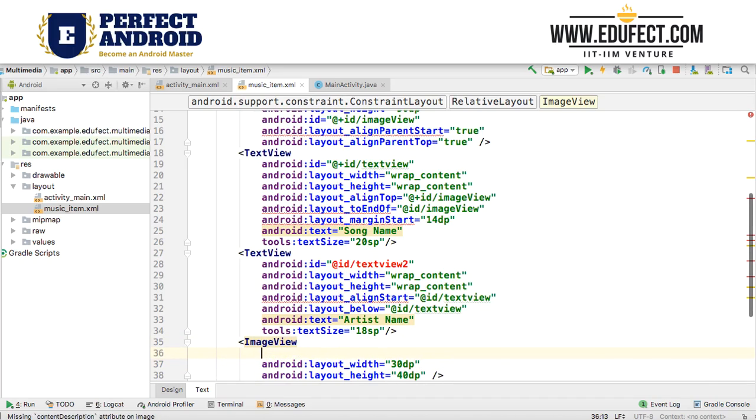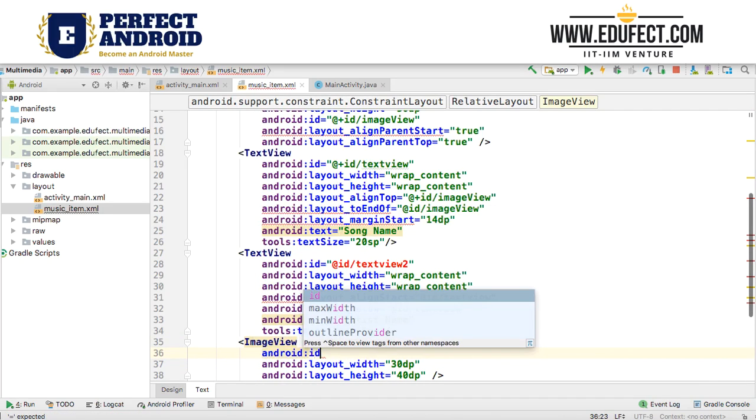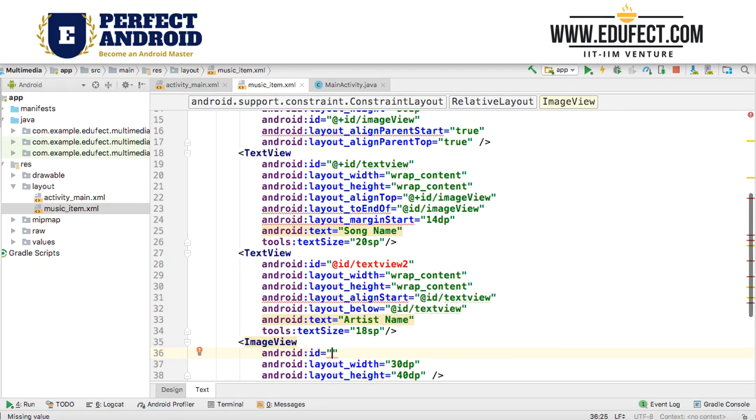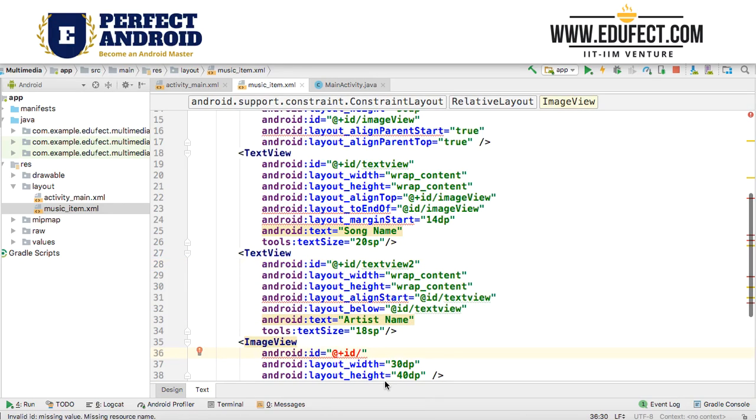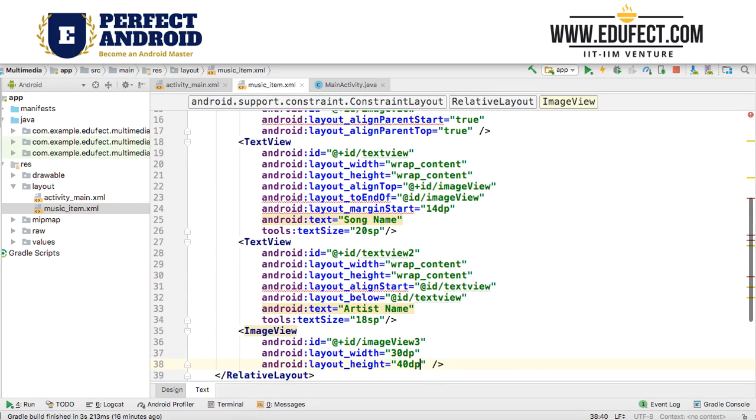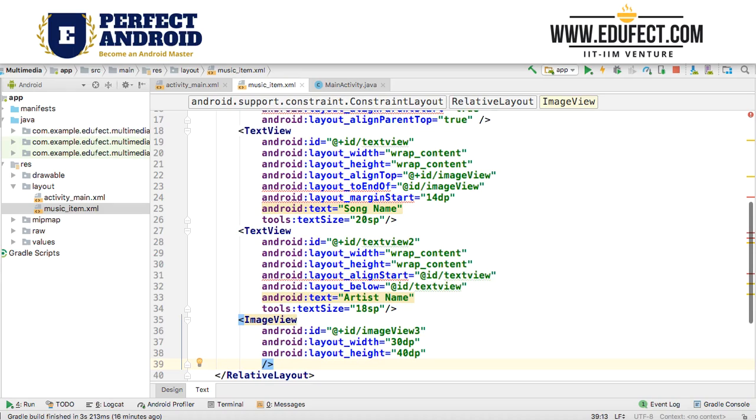What is its ID? Let's say the ID we give it is @+id/imageView3. So it's a random ID that we have given it. Now how will it align? It will align with the top of,